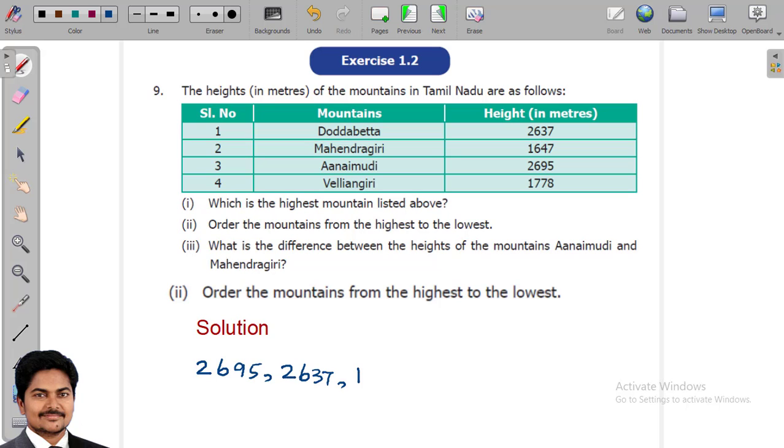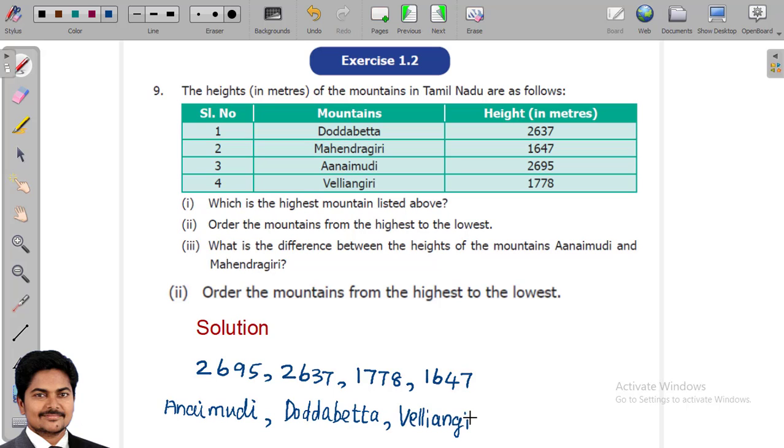Then 1777 should come next, and last write 1647. This is a descending order of the heights. So corresponding mountains are Anaimudi, next one Doddabetta, the third one Velliyangiri, the fourth one